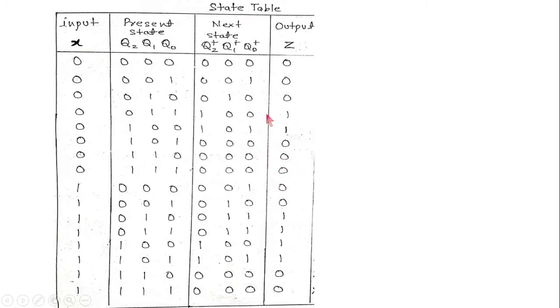Here we can see that output is 1. Why is output 1? Until state 3 we have detected 3 ones, okay, and as we get input 0, the next state is 110 and output is 1. Similarly, if we are in the fourth state and input is 0, we will go to the fifth state and output is 1. If we are in the fifth state and input is 0, we will go to the reset state and output is 0. That is filled here as the output and represented by Z. Input is represented by X.